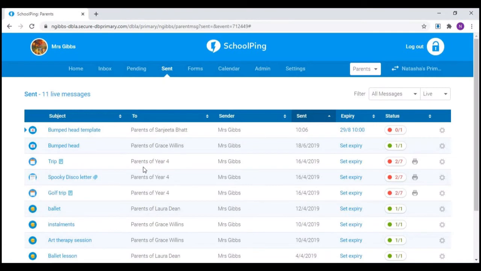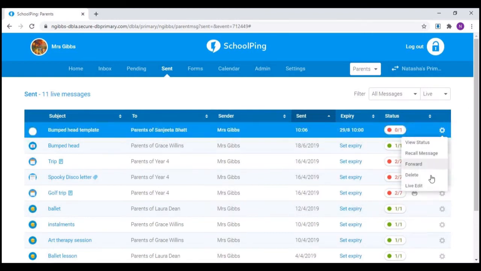If you change a date on something and you need them to know you've changed the date, recall the message, edit the message and resend it, and that will send them then that fresh message to let them know that change has been made. So this is your sent area. You can see how many live messages you've got. As I said earlier, parents cannot delete messages themselves. That means that the school will need to do a little bit of admin work once a week or once every couple of weeks, depending how much you use SchoolPing, and either add expiry dates to the messages, delete individual messages from the cog,